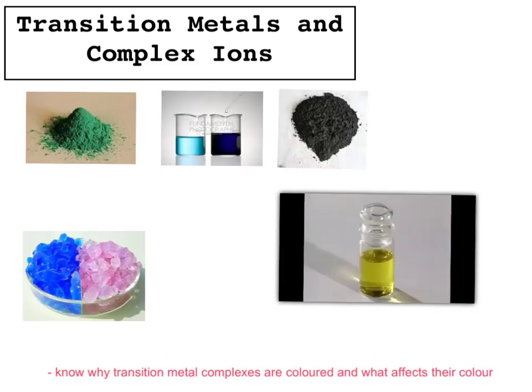So, there's a number of different reasons why transition metal complexes have different colours, and these pictures and video will try and demonstrate different reasons. This first set of pictures shows different complexes of copper. Here you've got copper carbonate, here you've got copper sulfate, which is basically the hexaaqua ion. Here you've got copper with 4 ammonias attached to it and 2 waters, and this is copper oxide. So we've got copper carbonate, which is green. We've got the copper hexaaqua ion,